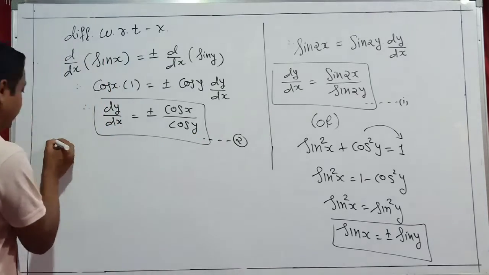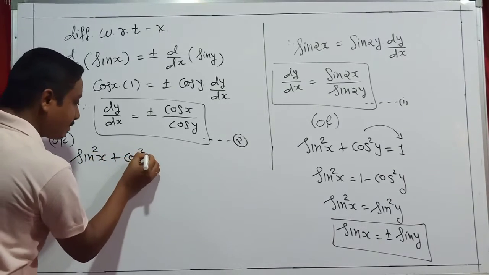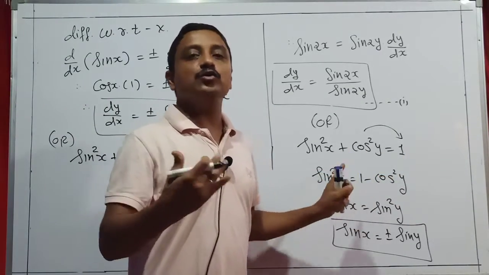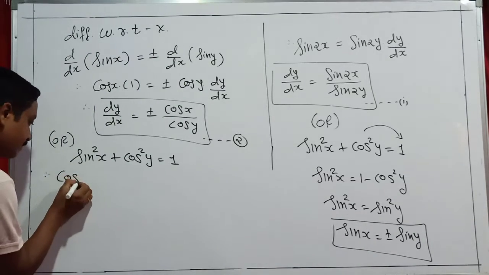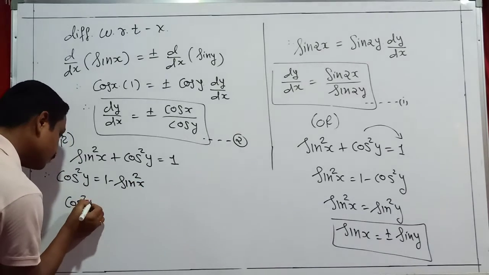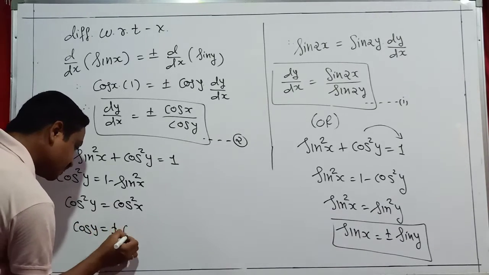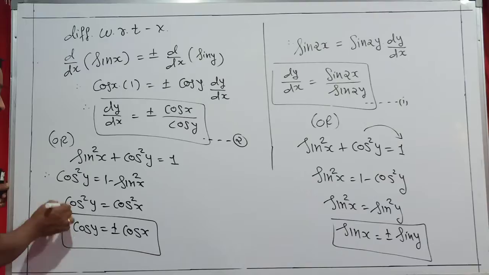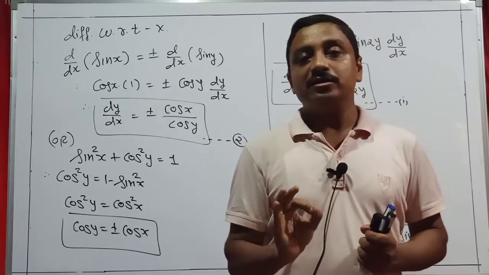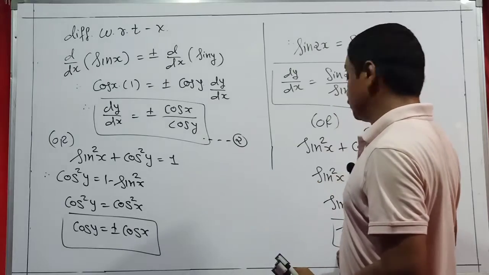One more. If I explain the same question, sin square x plus cos square y is equal to 1, this time I take cos square y to the right side and sin square x to the other side, so a different answer comes. That is also true. So cos square y is equal to cos square x, so cos y is equal to plus or minus cos x. Students, in the exam I hope you are thinking about which method to apply. All three are true, but if you take some time, prove that. If you are asked to disprove, then you need to do it in the cos terms.